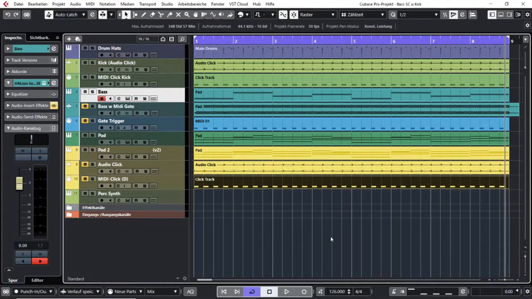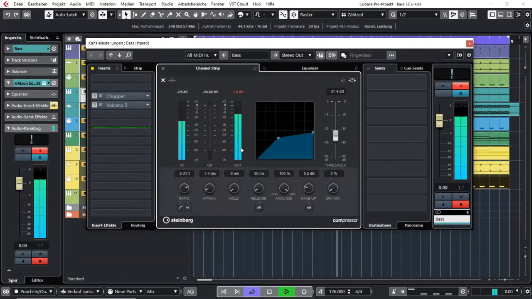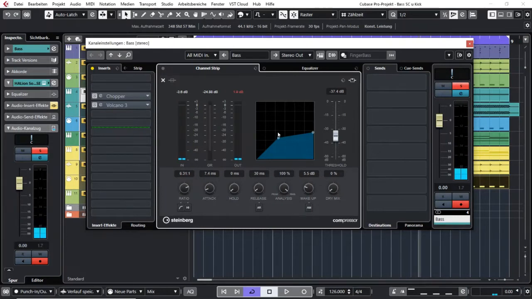Now what happens is I have my instrument that plays, in my case, a very simple bass line, and it sounds like this. And so far there's nothing interesting happening. I have here on my bass track the compressor inserted, and it is